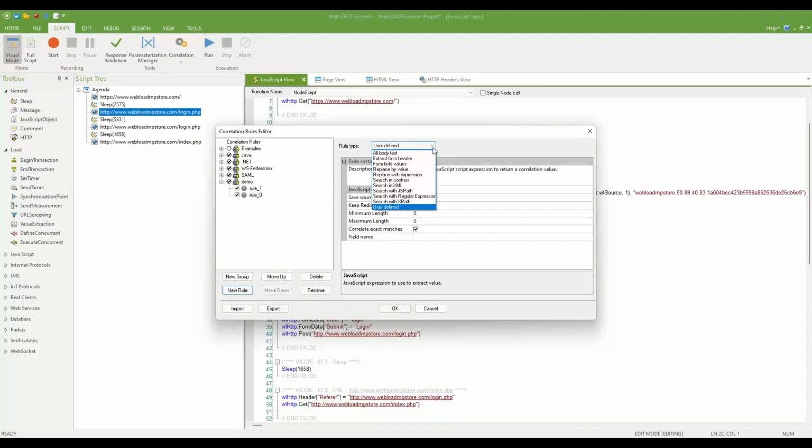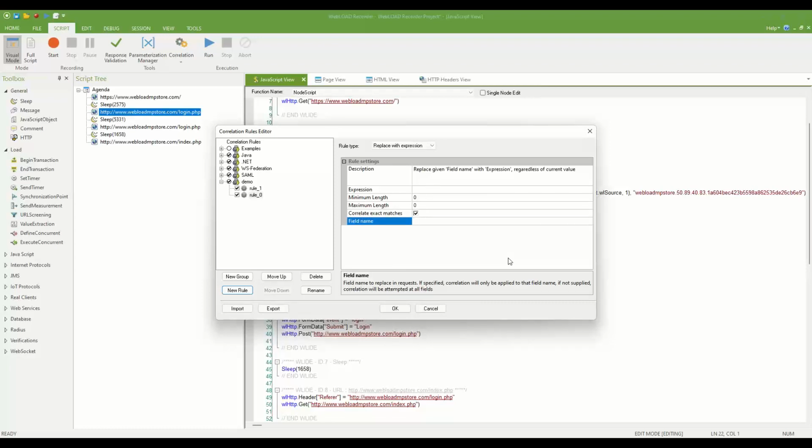Now we have two other things that the correlation knows how to do. They're not really correlation, but I'll want to talk about them too. So replace by value and replace with expression. Replace with expression would just replace any field that you tell it blindly with the expression. So this is useful, for example,